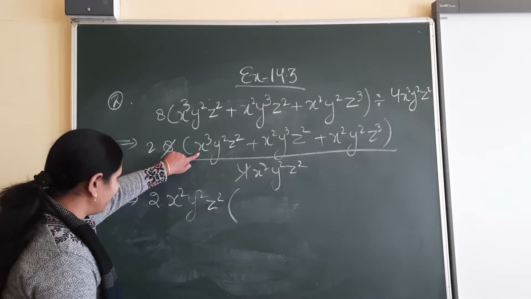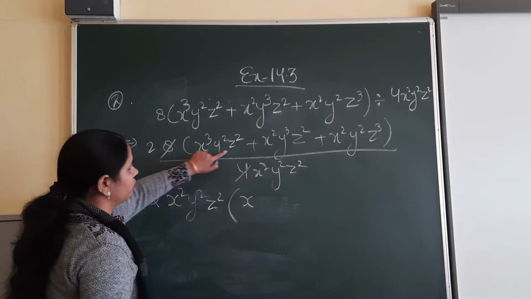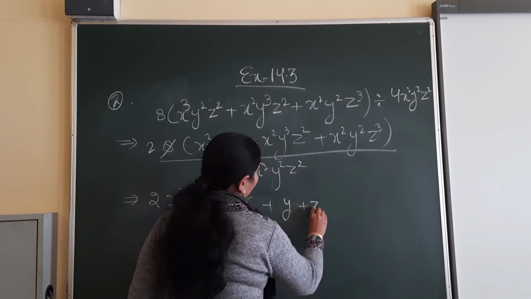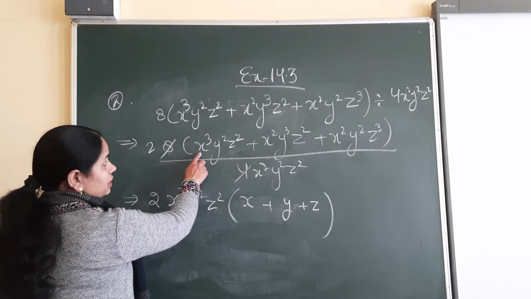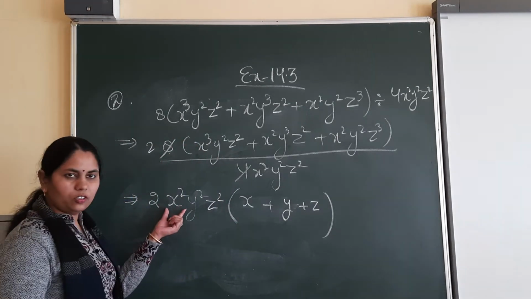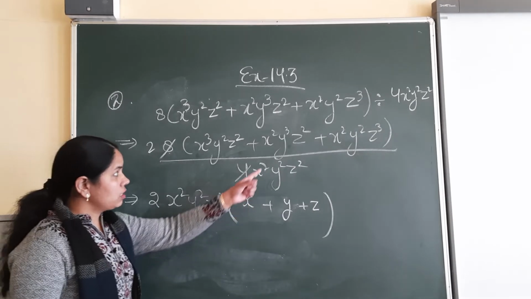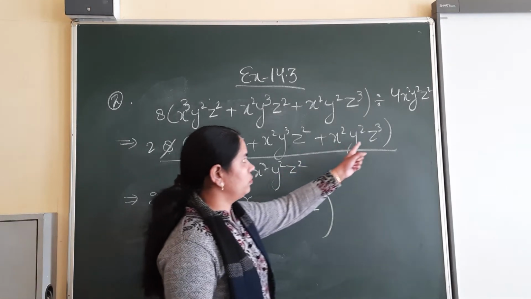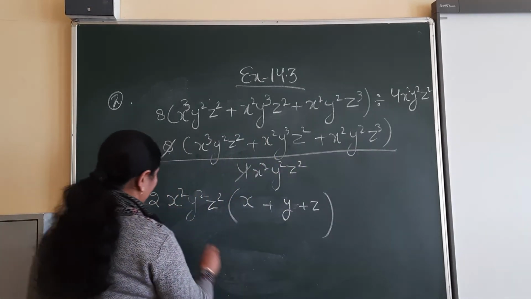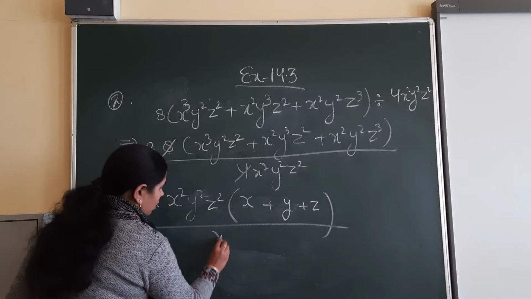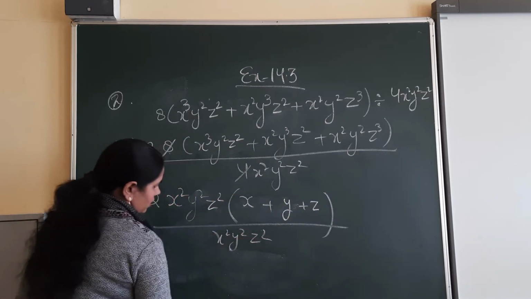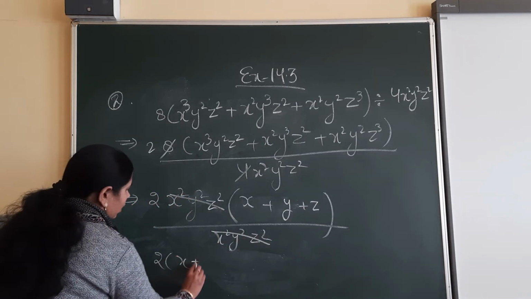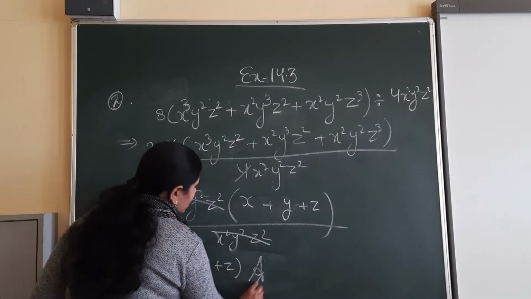From the first term, now x is remaining. So write inside the bracket x from the first term, plus y from the second term and z from the third term. Why are we writing x, y, z? Because in the first term we have x cube, and x square we have taken common, so what is remaining? Only x. Same way here we are seeing y cube, so y square we have taken common, so remaining is only y. Same way from the last, that is the third term, z is remaining. Now in the denominator we have x square, y square and z square. This term is cancelled out by this one. Now remaining is 2 times x plus y plus z, and this is our final answer.